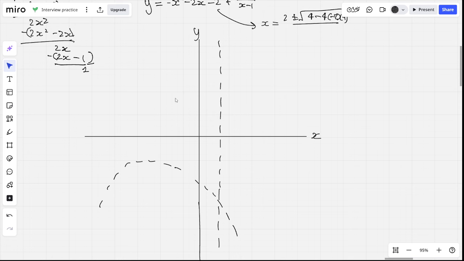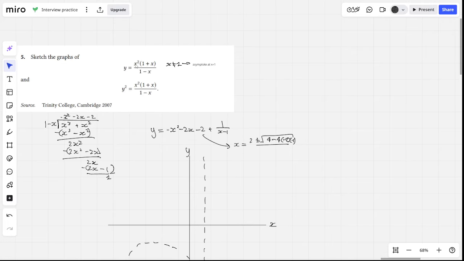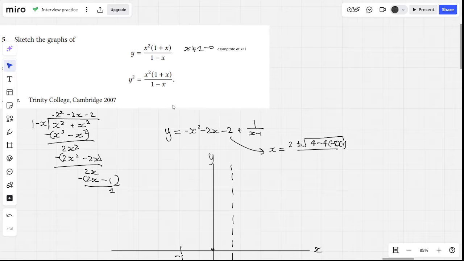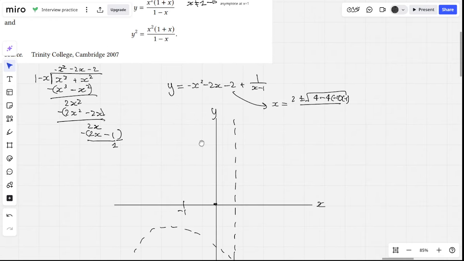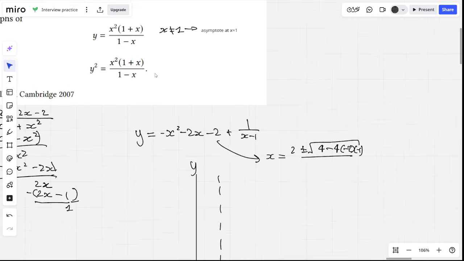So, I know that I'm going to have roots based on this. I have a repeated root at the origin, sorry, and a root at minus 1, which I'm going to say is here. So, what's this going to kind of look like? And as it approaches 1, is there a negative value or a positive value? That's something to check. So let me try